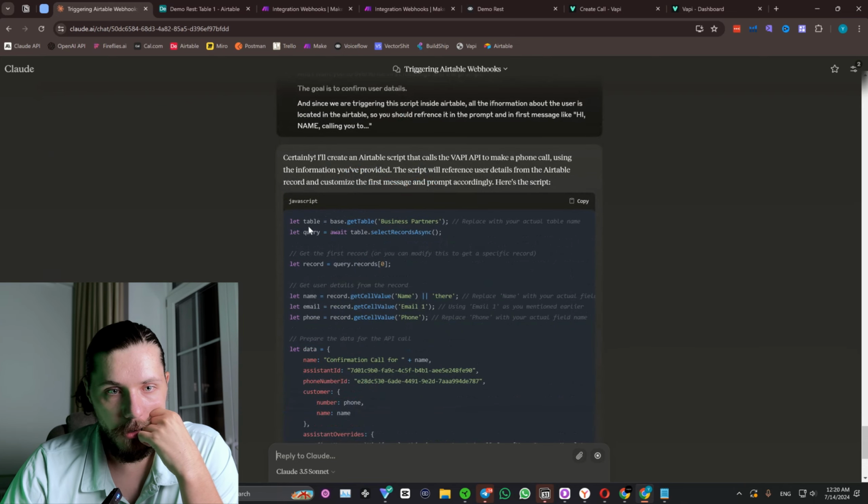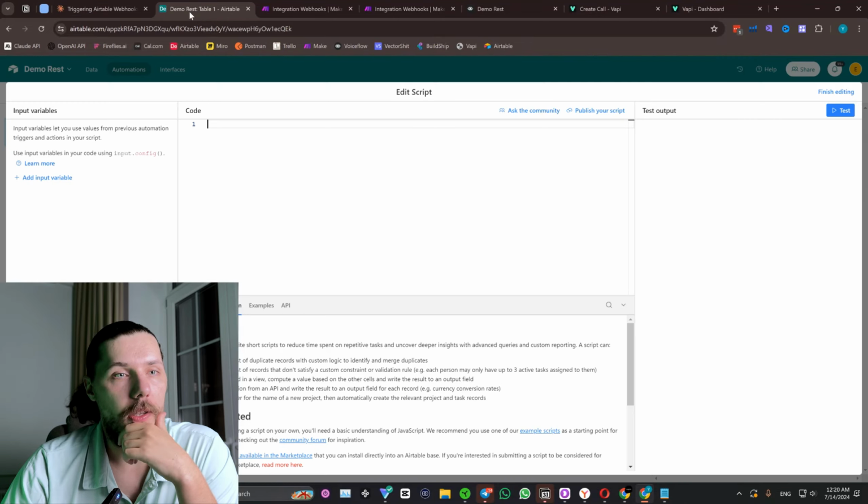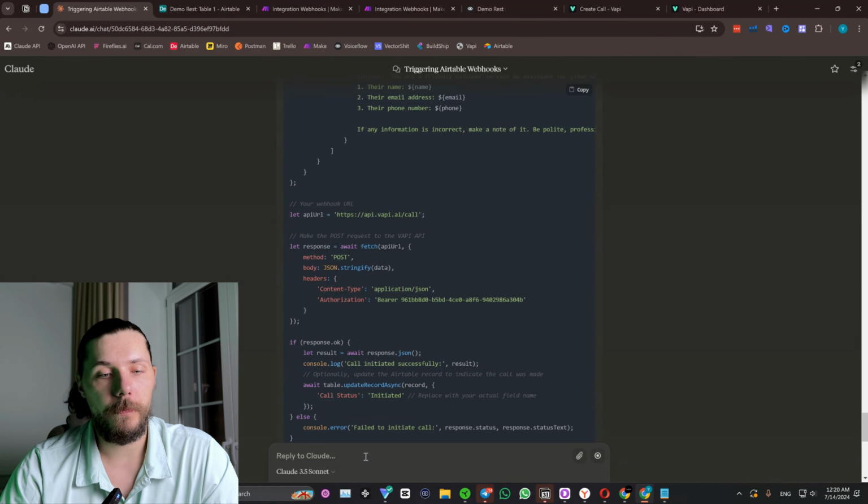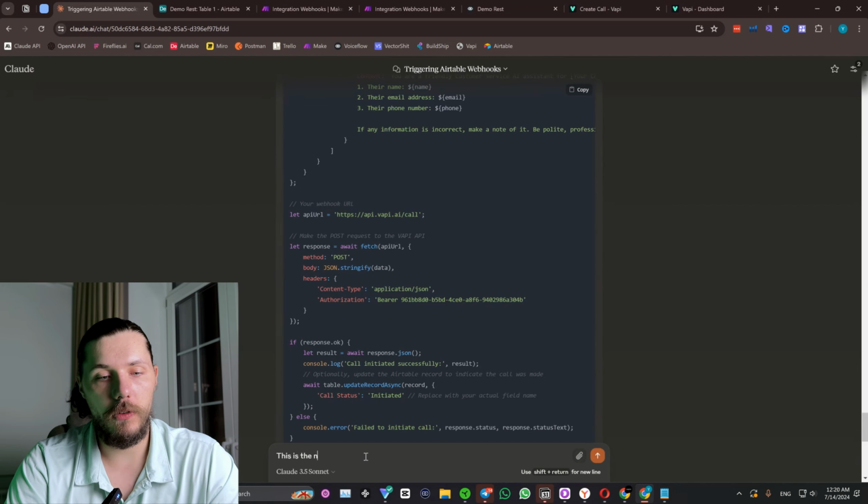Okay, so let the base partner, business partner. Yeah, so this is the last base. This is the previous base. So let's actually update it. So this is the new Airtable base,